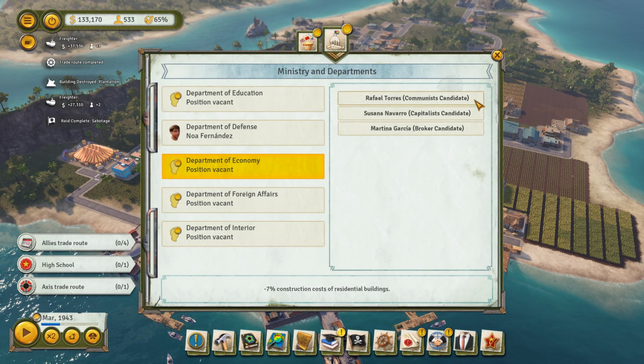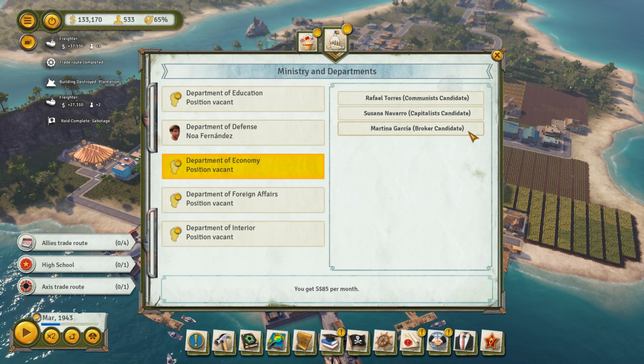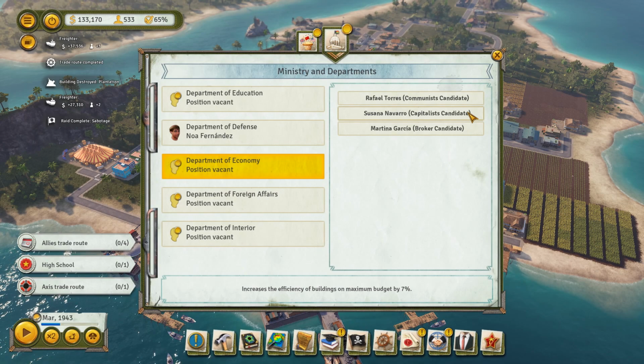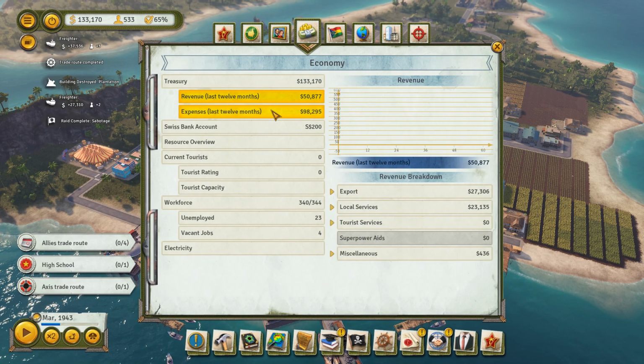Okay, the economy. The communists. Minus 7% construction building or costs of residential buildings. Increase efficiency of buildings on maximum budget by 7%. I mean, that could be really helpful. Or I just get more money. I would have to increase my budget on everything. I've got the money now, though. I mean, like, although